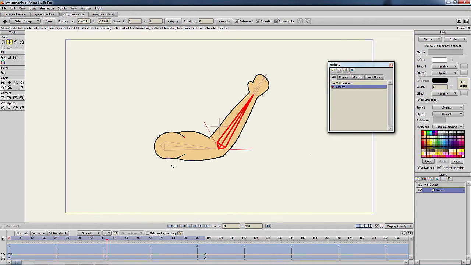It is often a good idea to go to the middle frame and do some adjustment so the animation runs smoothly.